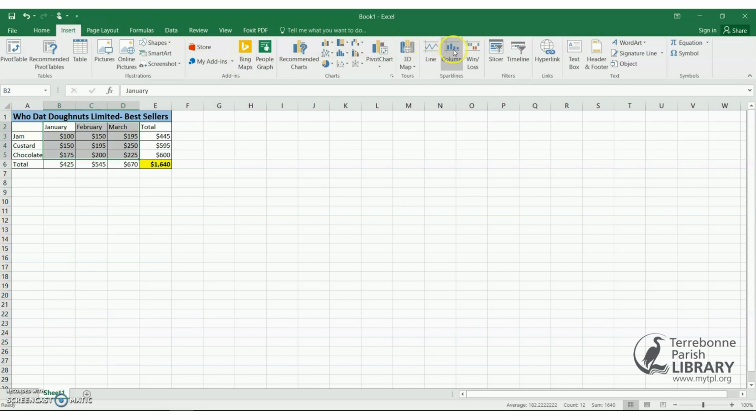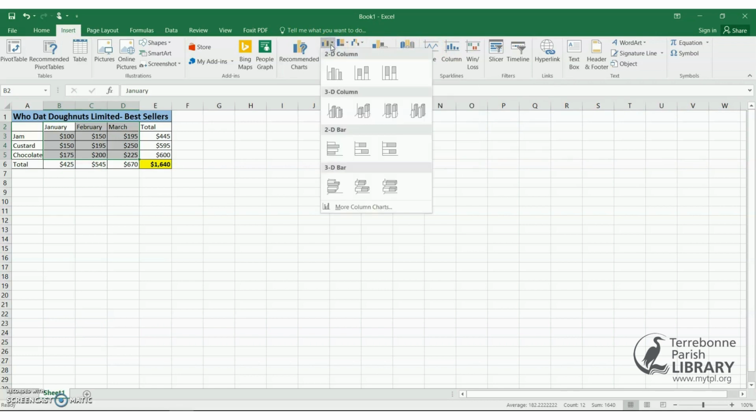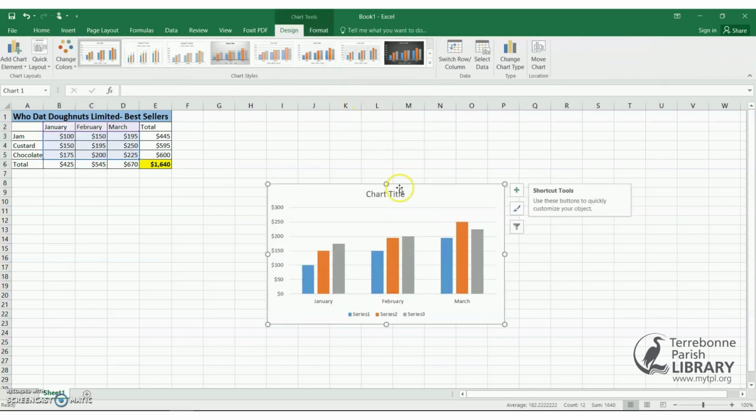I don't want a line. I don't want a column. Let's see, a column. Let's try the column. I want to do a chart. So let's see here. I want to insert a chart. And so I'm going to click on the very first one here. And